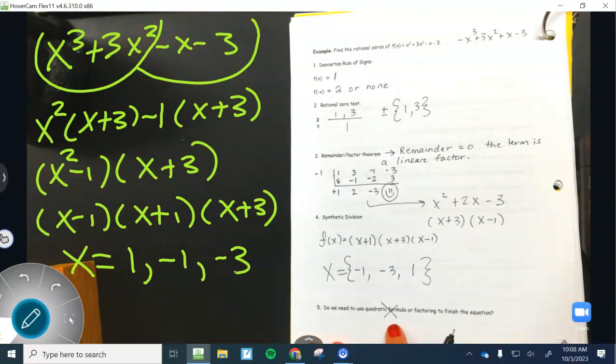And guys, don't worry about question number 5. You're never going to have to use synthetic division in here because